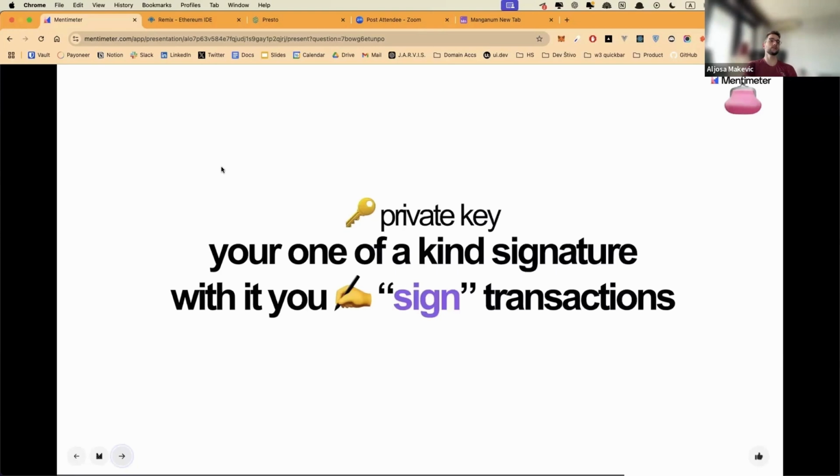But that doesn't exist here. So you use that key to sign transactions. And because only you have that key, it's your unique digital signature, and that's what gives you access to that address, that wallet.